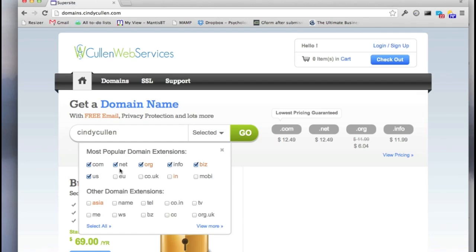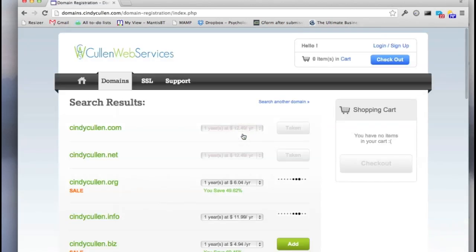Why? Because people are never going to remember that you're .net instead of .com, and they're going to go to the .com site anyway. So especially if the .com that's already taken is very similar to your business, I wouldn't get it. I would find a different domain name. Makes sense. So to check if it's already taken, you just click on go, and it should tell you that